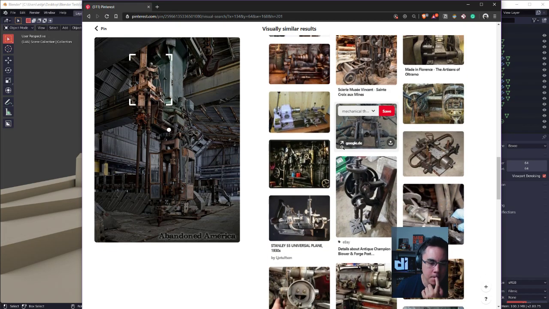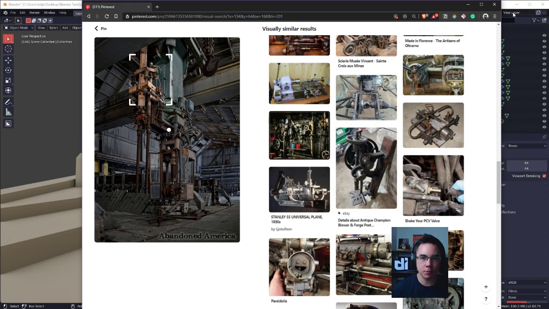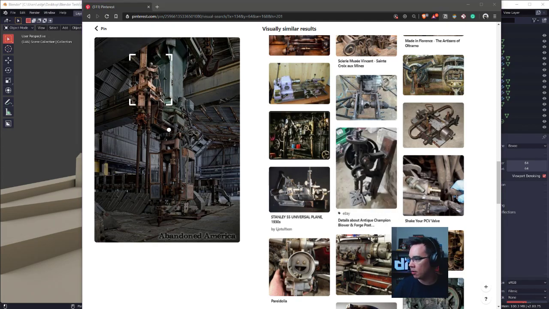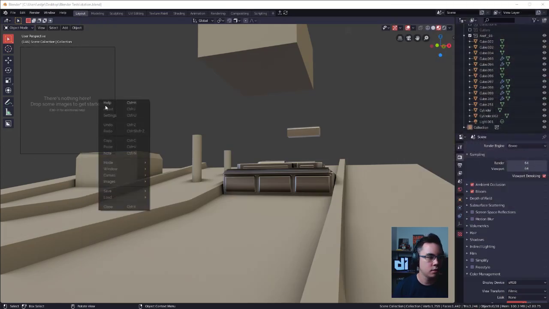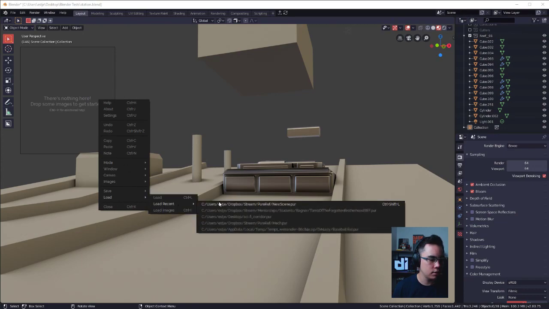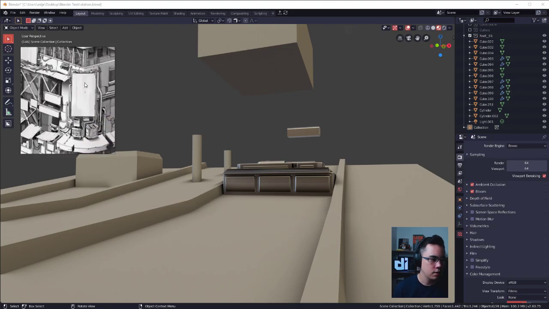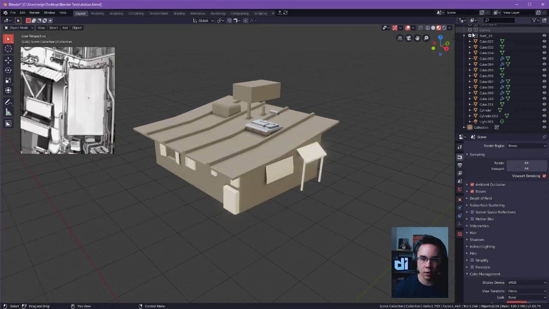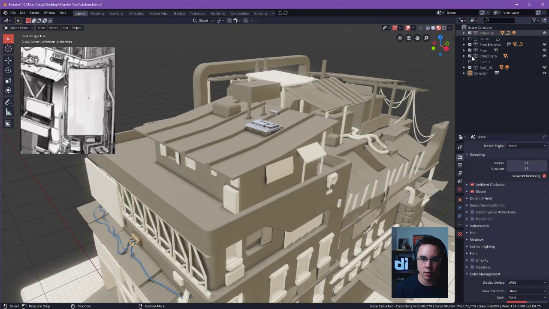Let's see here. Right now I'm just looking for shapes because essentially, where's it at? Let me get my PureRef up. Okay, so I've got PureRef here with an invisible background. Let's go here to images, load recent, new scene. I'm gonna zoom in. So right now, if I turn all of these on,